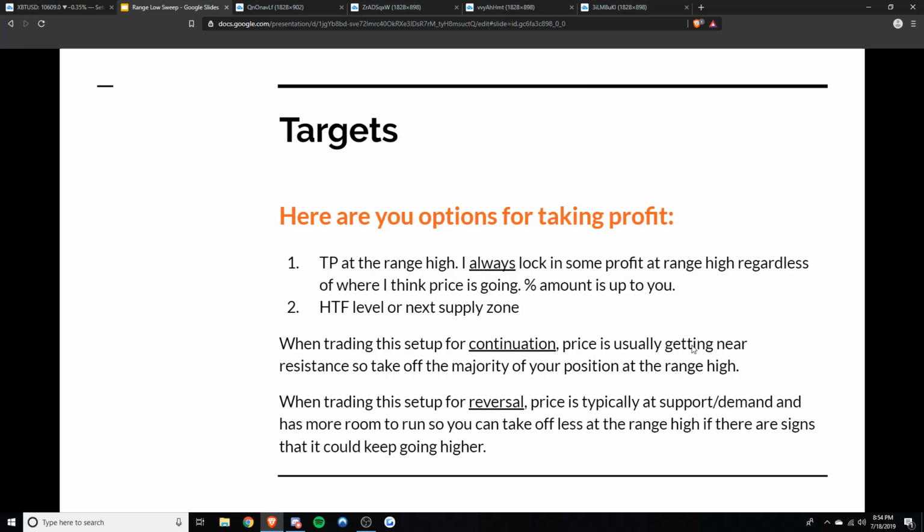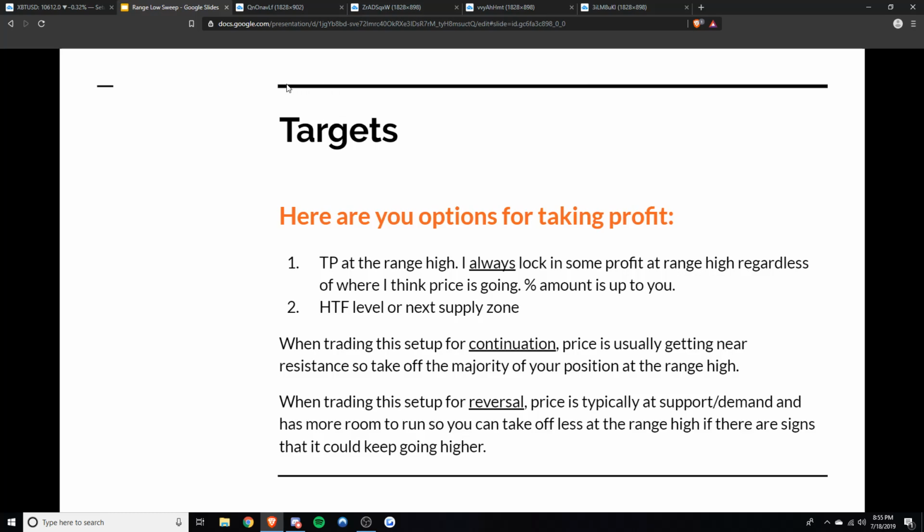Price is usually getting near resistance, right? Because if it's breaking out to the upside, going higher, you're getting closer and closer to these resistance levels or supply zones or whatever. So you want to take off the majority of your position. I like to take off 80. You take off 75, do whatever you want, but take off the majority of your position at the range high if you're trading this for continuation, because like I said, you're getting closer and closer to these